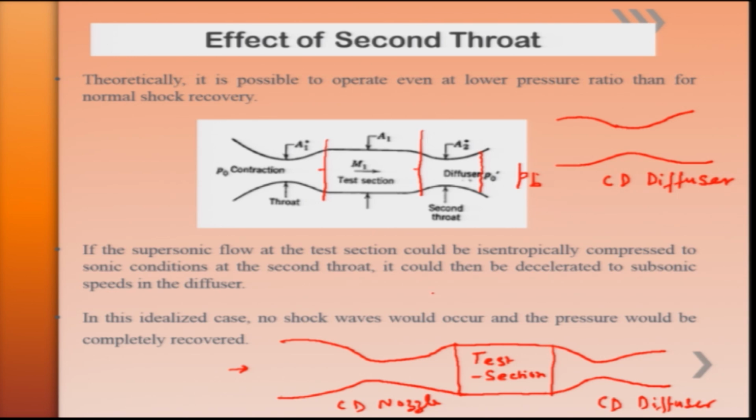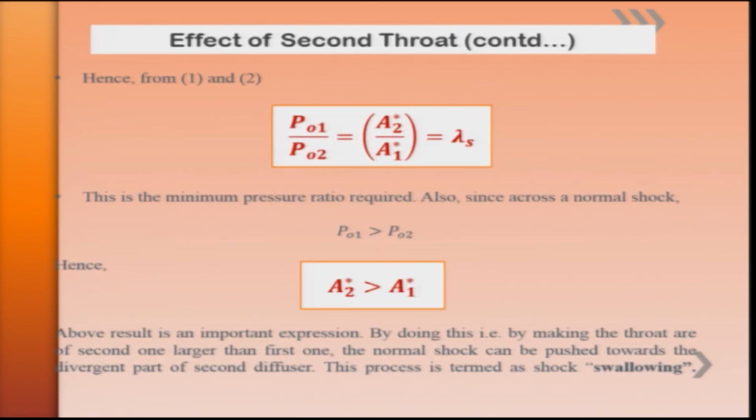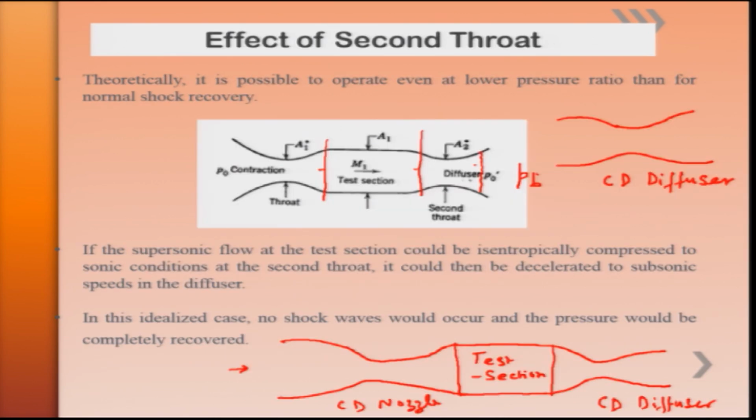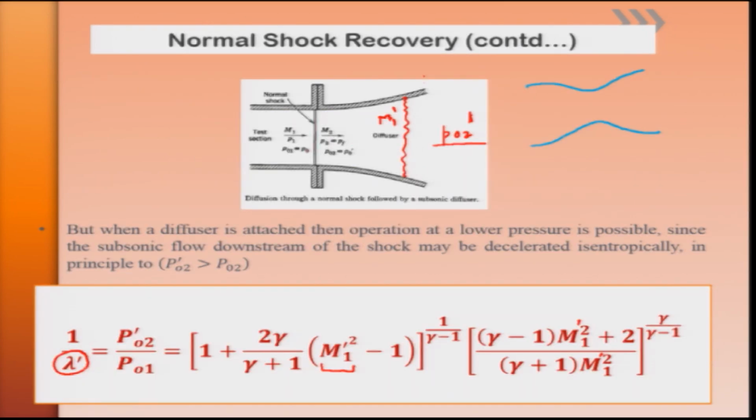In such a case, what we essentially find is that if the downstream side where the shock is standing has a stagnation pressure, let us say, PO2 dash, and the Mach number here, somewhere we can say M1 double dash, the upstream Mach number. In this case, again, if we write down the total nozzle pressure ratio, let us say lambda double dash, based on a similar condition like this, then we can again obtain